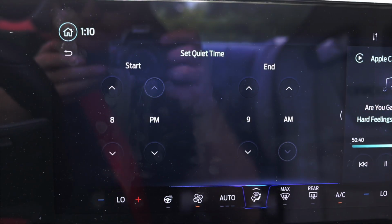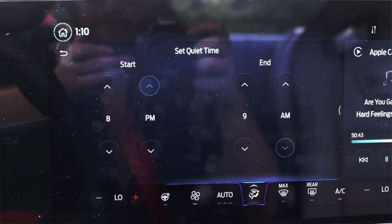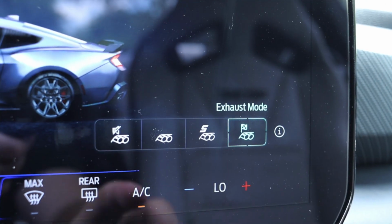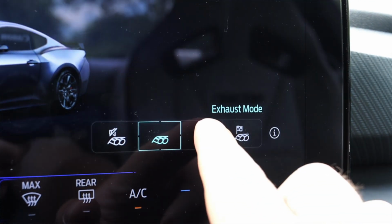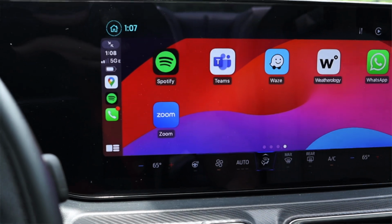We have a very quiet mode, and you can actually set this to have time parameters. So like before 8 a.m., it'll start the car with this quiet mode, but after 8 a.m., it'll start it in loud mode, which is very considerate of your neighbors. Highly recommend that you use this. But then we have normal, sport, and track, as well as a little information button that will kind of explain some stuff. Wireless Apple CarPlay, Android Auto, of course,